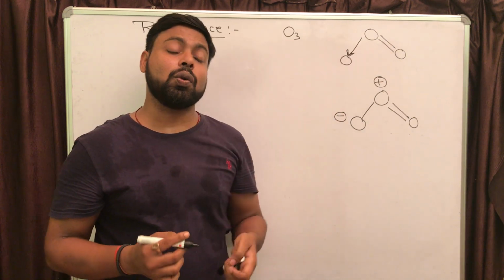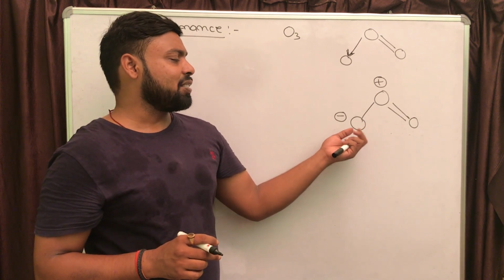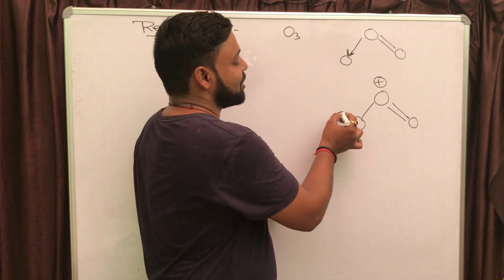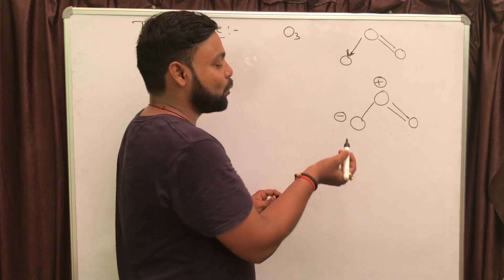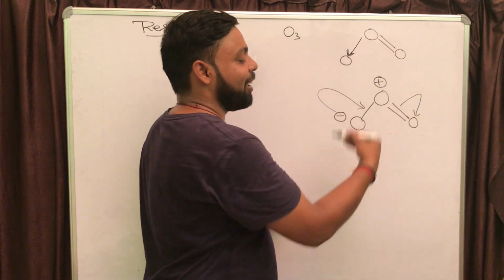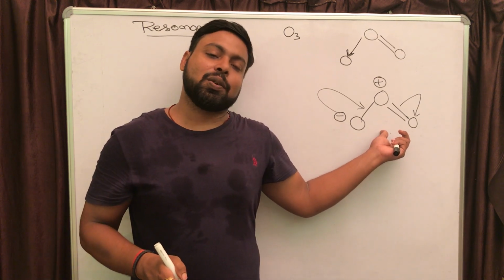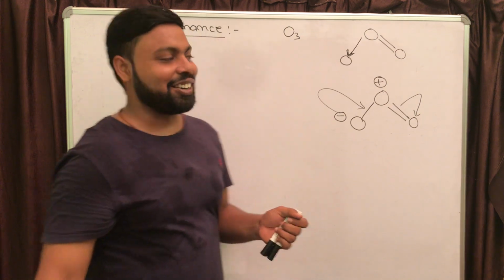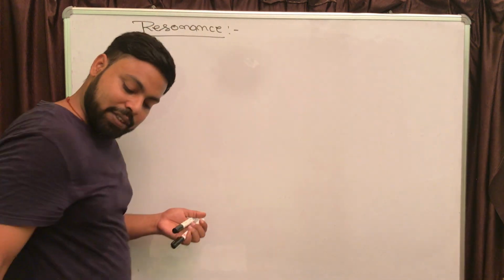I'll start with the covalent bond structure of ozone, because here you can see, if you know anything about resonance, many people are going to say this negative charge and pi bond will be in conjugation, and this is how resonance is shown. This negative charge will form the pi bond, and the next pi bond is going to break, and you will get a different structure, right? So I'll start with this covalent bond structure, and we'll try to understand what resonance, hybrid, and resonating structure are. So let's start drawing the structure.